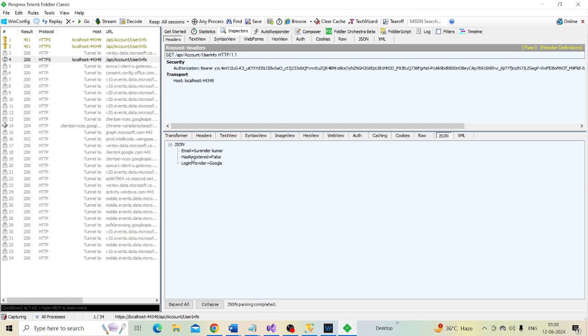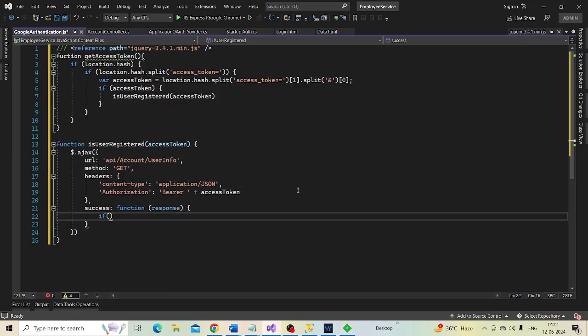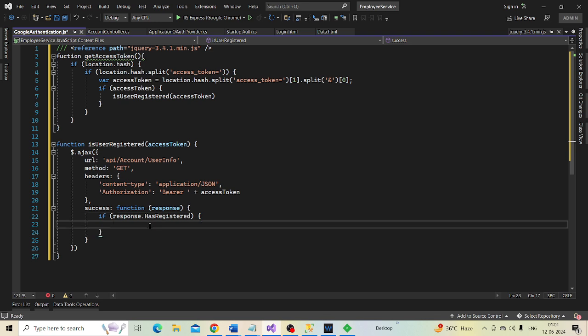So local storage dot set item, and redirect the user to data.html page.